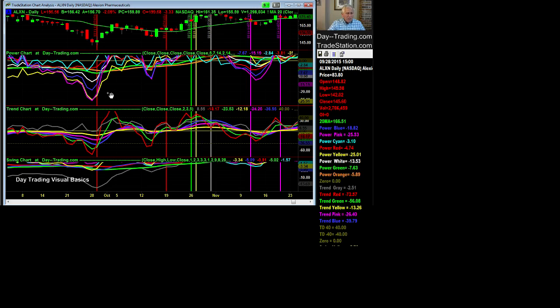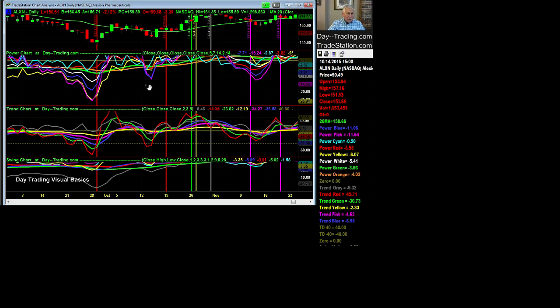And oftentimes the power pink is lowest, and it's been lowest here for, it looks like, 8 or 10 days going through here. So just because it's lowest doesn't mean anything. But when the cycle hits its bottom point and starts back up, then to have the power pink in the lowest position is significant. It's not always beneficial, but even over in here where the cursor is going around,